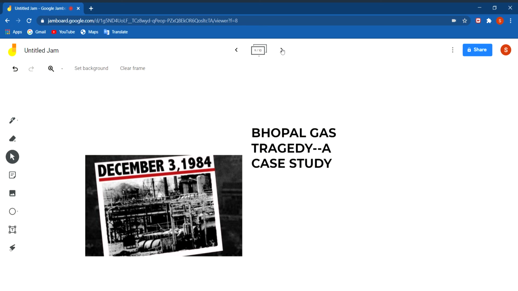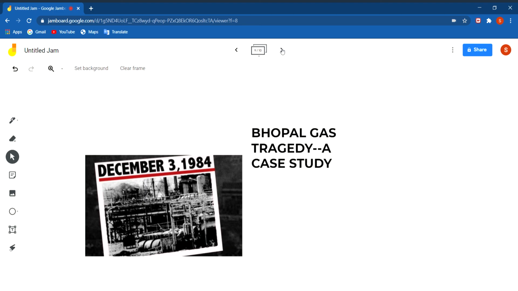On 3rd of December 1984, it released 42 tons of toxic methyl isocyanate. Methyl isocyanate is very poisonous, and it exposed more than 5 lakh people to it. About 8,000 people died immediately within 2 weeks, and an additional 8,000 died by gas related diseases. It is the world's worst industrial disaster. So we should be very cautious when we use natural sources of energy, because they are limited also, and we cannot make them again and again. So we should avoid any type of pollutants.